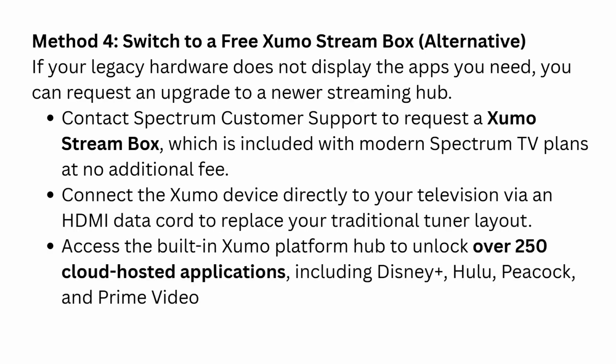Method 4, switch to a Fire Zoomer Stream box, which is an alternative method. If your legacy hardware does not display the apps you need, you can request an upgrade to a newer streaming hub. Contact your Spectrum customer support to request a Zoomer Stream box, which is included with modern Spectrum TV plans